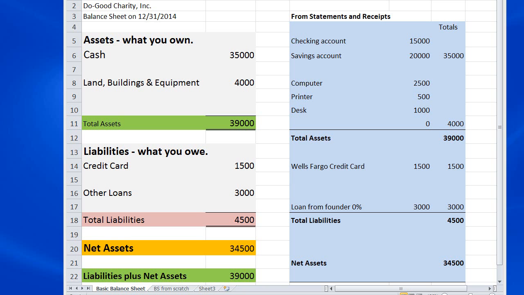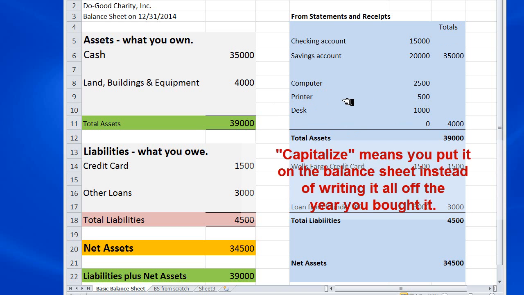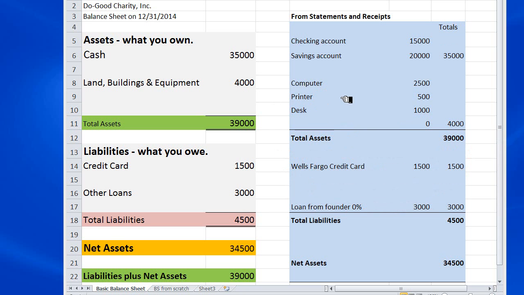Okay, so this example was fine for the first year, but what about in the second year or subsequent years? Well, this equipment that you capitalized is going to have associated with it some accumulated depreciation. So you have your $4,000 here in equipment, but you're not expensing it all in 1 year, so you're going to expense it gradually over a period of several years. So when you're calculating depreciation on these items, the IRS does not require you to use any particular type